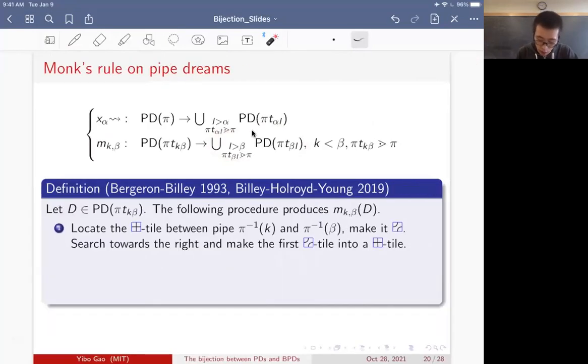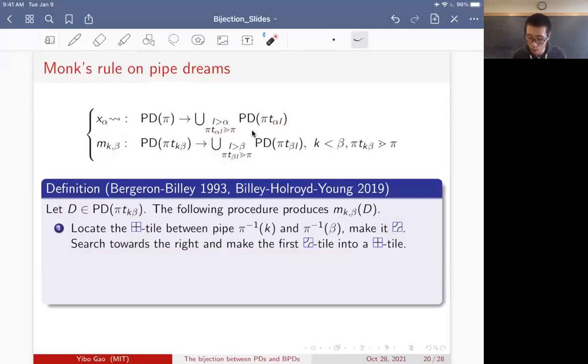So there's going to be a cross tile that's responsible for the transposition K beta. I'm going to make it into an elbow tile and then search towards the right and make the first elbow tile into a cross tile. So remember that we always keep the weights. We keep the weight to be the same. So we delete a cross tile in this row and we have to add back a cross tile in this